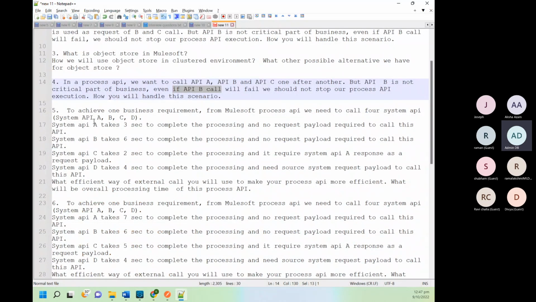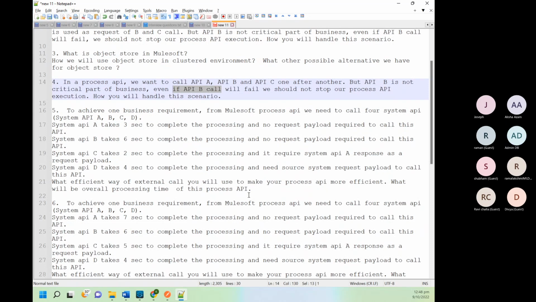Here it's saying we have A, B, C, D. A is taking 3 seconds, B is 6 seconds, C is 2 seconds, D is 4 seconds. How do you make the process API more efficient?